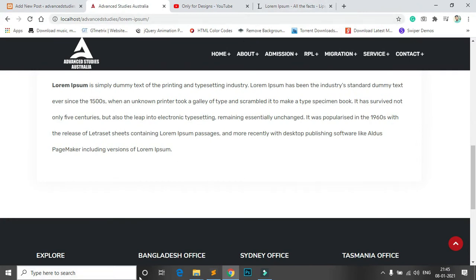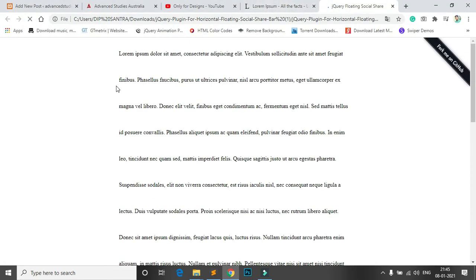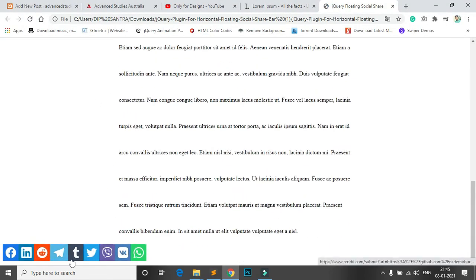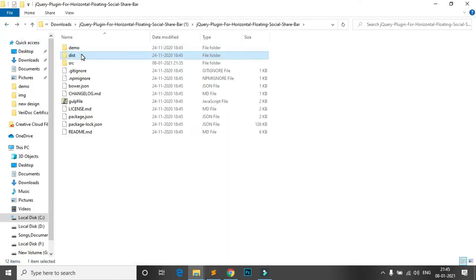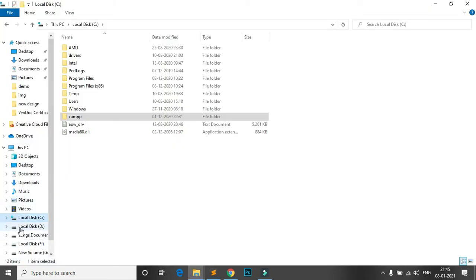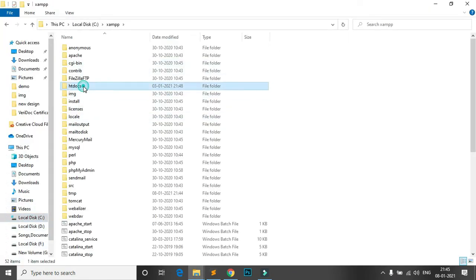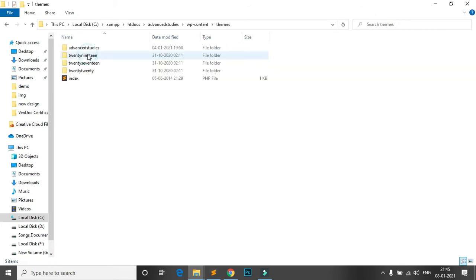Okay, so I downloaded this plugin, and this is the plugin. What I do is go to the dist folder and copy these two files. First I copy this CSS file and paste it: go to C drive, then xampp, htdocs, then this is my project, then web content, themes, advanced, then assets, then CSS.